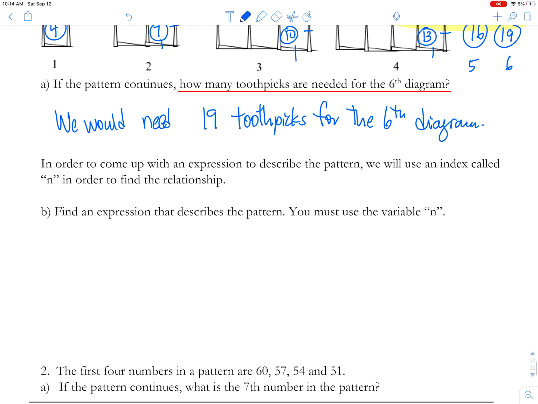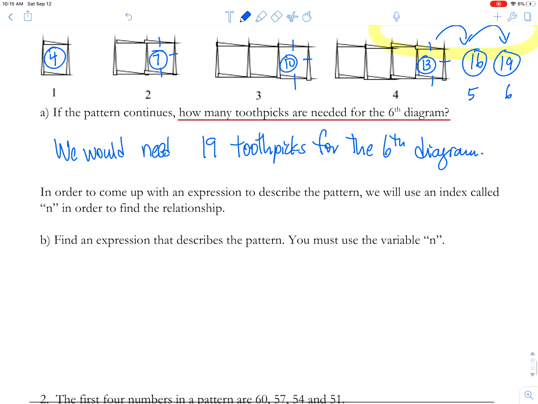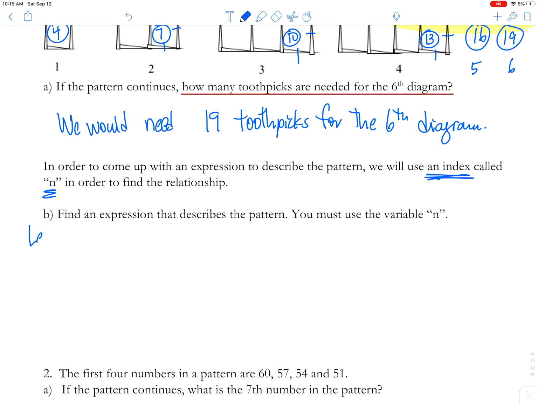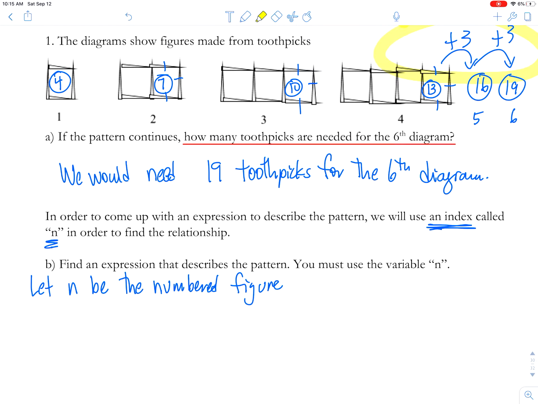So in order to come up with an expression to describe this pattern, we're going to use an index called n, in order to find the relationship. So if we let n be what figure it is, so let n be the numbered figure. And by that, I mean, if you could see, I'll use a highlighter. So this is the first figure, this is the second figure, that's the third figure. So if n is the numbered figure,